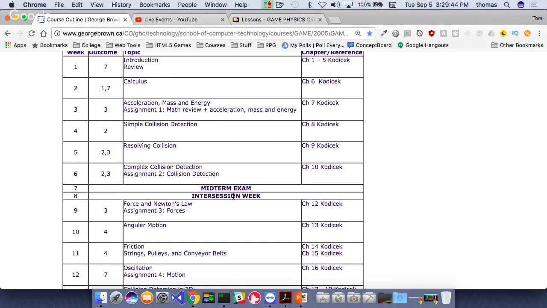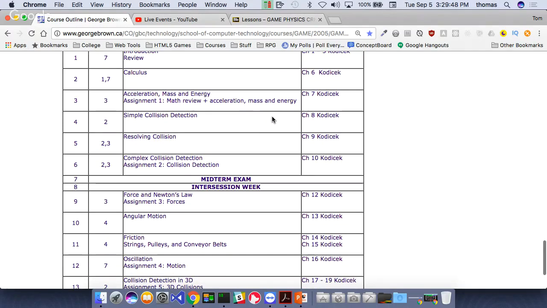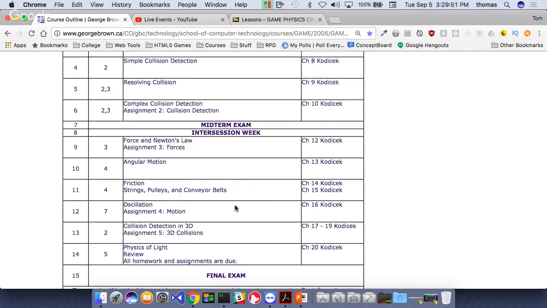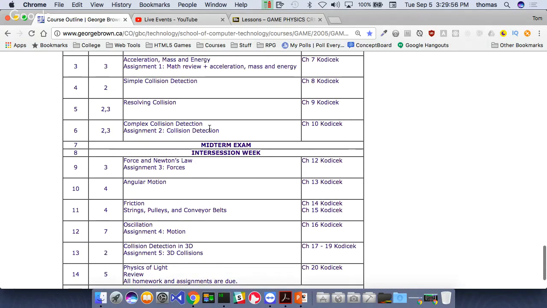All right. So if you notice, the first half is kind of basics, and then in the second half we're talking about things like angular motion and so on. I'm probably going to move some of this stuff up because I'll tell you the collision detection stuff is the hardest stuff. It's the hardest stuff to figure out, how to do even simple collision detection. There are many ways to do it.